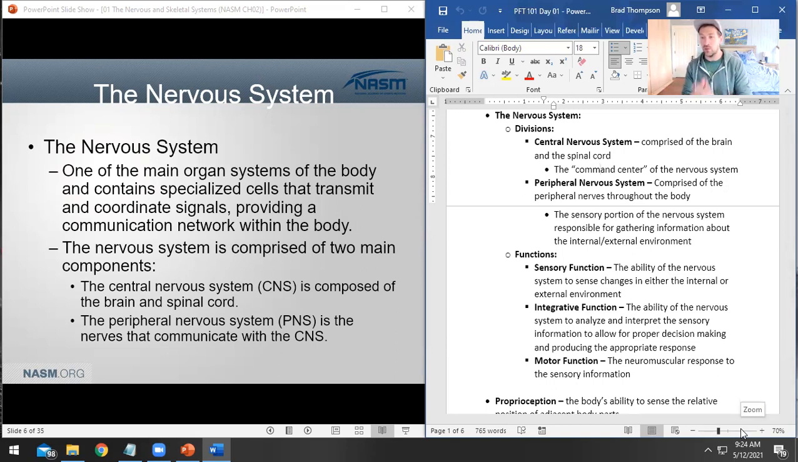Okay, so looking at the nervous system, like I said, it's one of the main organ systems of your body. It is a series of cells that coordinate signals throughout the body. So this is your communication network, right? If I need to get information from my brain to my foot, I need a network where it can go almost like telephone pole to telephone pole to telephone pole until eventually it gets to where it's going. And then suddenly it's going to say, hey, foot, we want you to curl over like this,